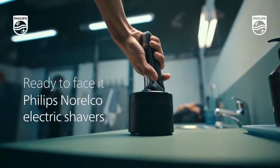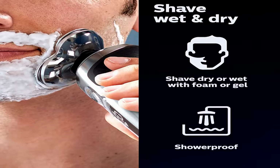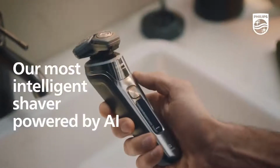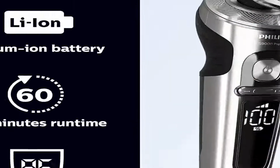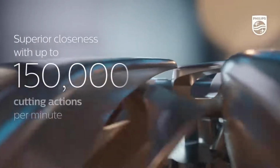Where other electrics force you to hack away over and over if you've missed a few days, you can pretty much just run this over once and then look for only a few minor spots that might need a second go. And the shave it gives you is almost unbelievably close. It really does feel like you've used a multi-blade traditional razor. It manages this partly through that new blade design, which pulls the hairs deeper beneath the foil before cutting. It achieves this with minimal irritation, partly thanks to an anti-friction coating that most of Philips' other razors don't include,